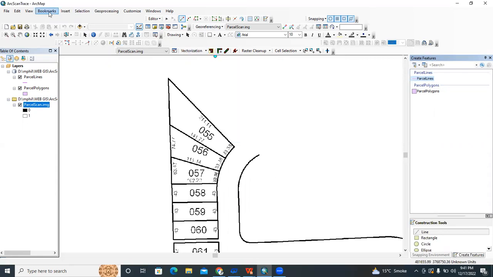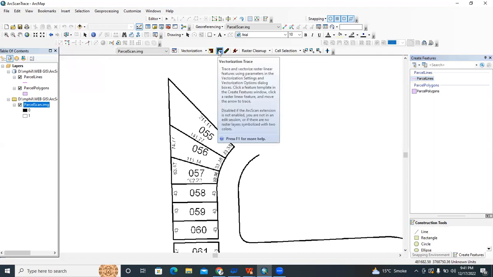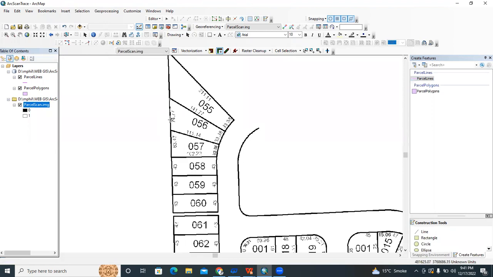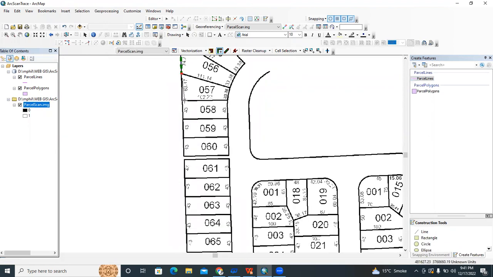By enabling bookmarks and this baseline, the area of our interest will be zoomed. After that, we take this vectorization option and I am going to start creating lines.